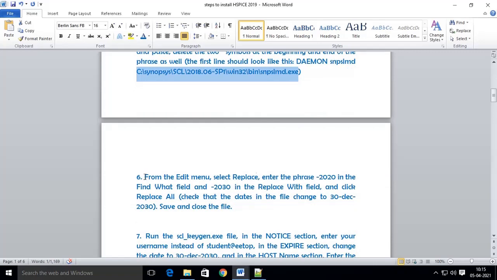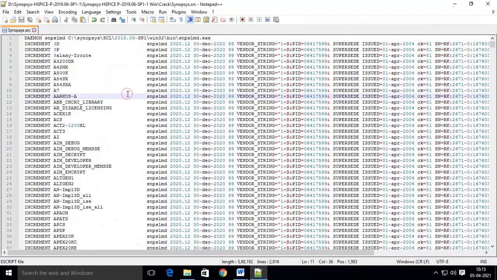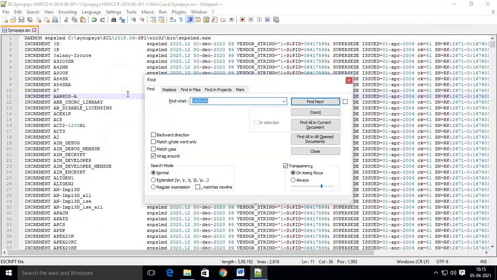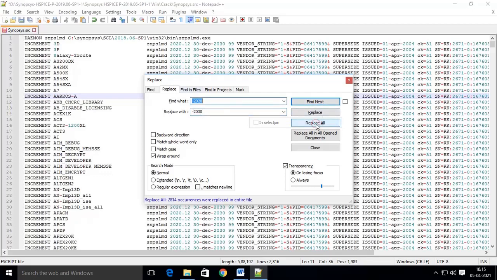Then from the edit menu, replace the phrase 2022 with 2030. That means we are extending the license up to 2030. So replace the 2022 date with 2030.